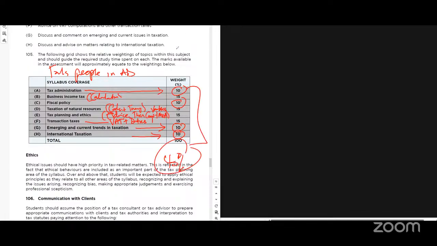If you read the examiner's comment, you see that since the time it was taxation and fiscal policy, it was still these same 40 marks which were failing people. And then VAT. People don't like VAT. So roughly 65 marks is what is failing people: VAT, tax administration, fiscal policy, emerging and current trends, and the international tax. People are not so strong there. But when it comes to computation of income, chargeable income, at least people get more than half of the mark. Company tax, people get more than half of the mark. But the areas I've highlighted, people are failing.